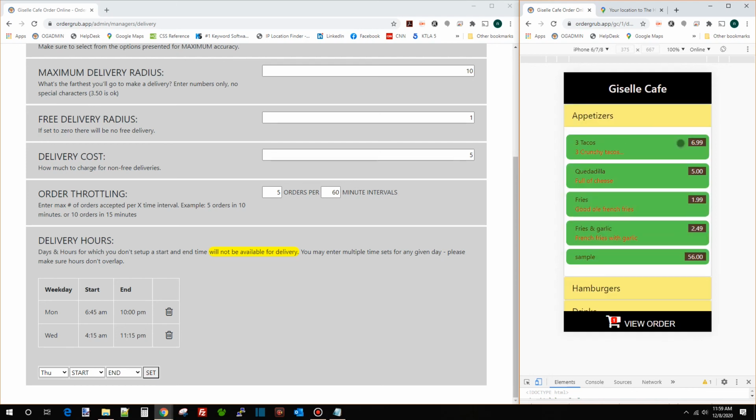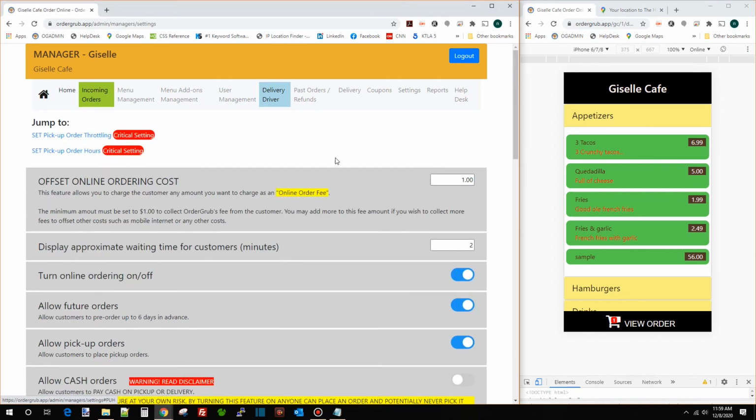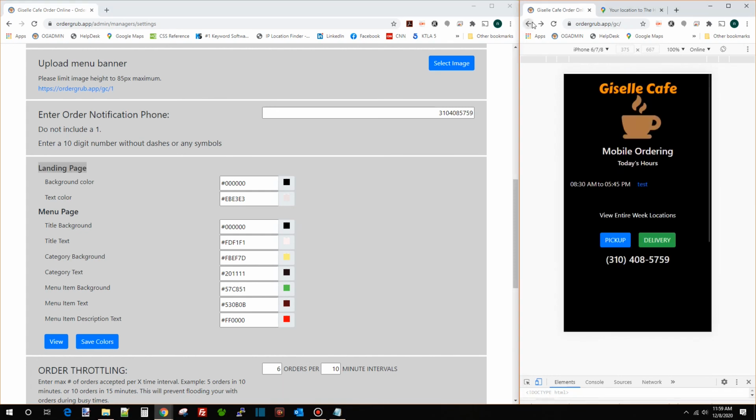Now, you probably noticed that this menu is different than the other one as far as colors, look and feel. And that's one thing you can do: you can customize the look and feel of your menu by going to your settings and scrolling down to this area right here. So you can set the landing page background color and the text color, and landing page would be this page here. So if I wanted to change the background color, for example, to white, I can just select that and do save colors,